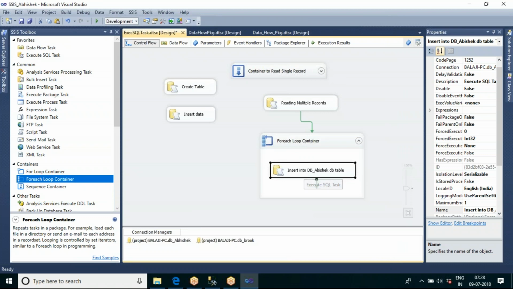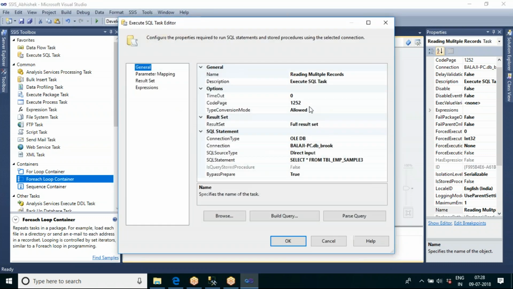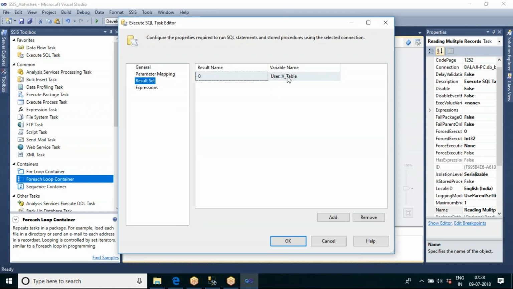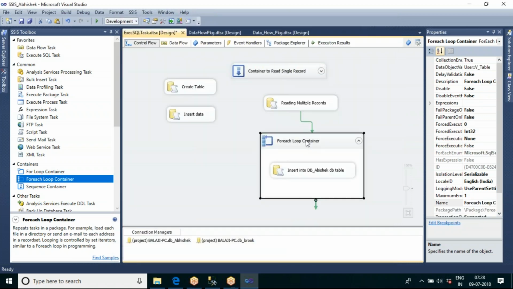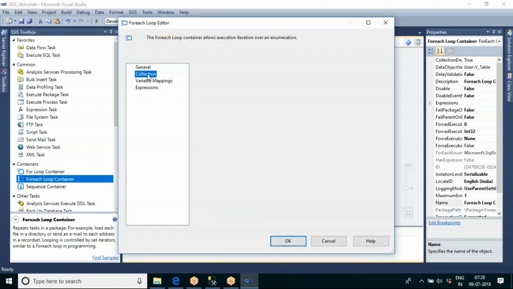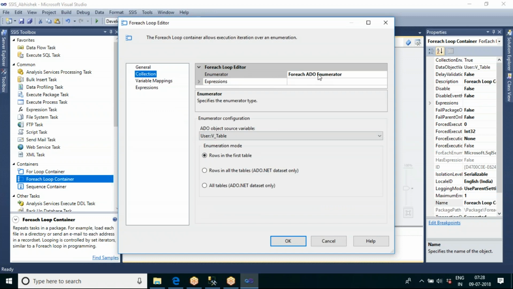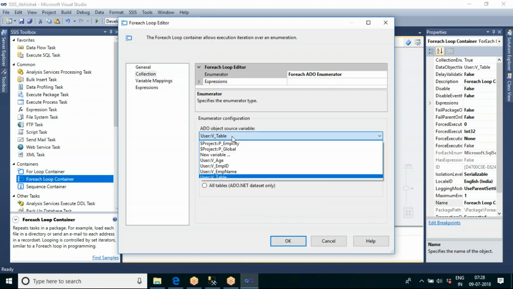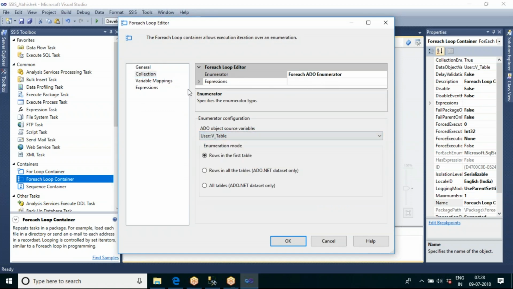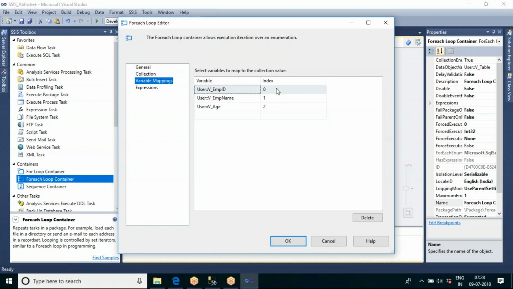So if you have multiple records, first get the entire table data and store it in a table object, and open a container. Since the data is coming from an object variable, I have selected ADO enumerator and selected the table, and it will get each column data into three variables.